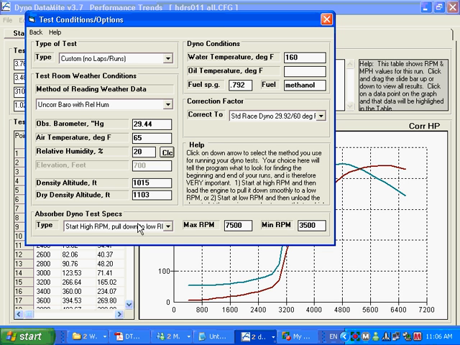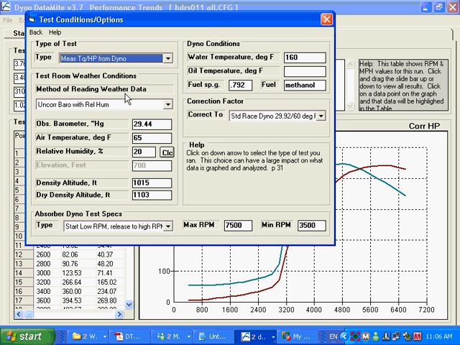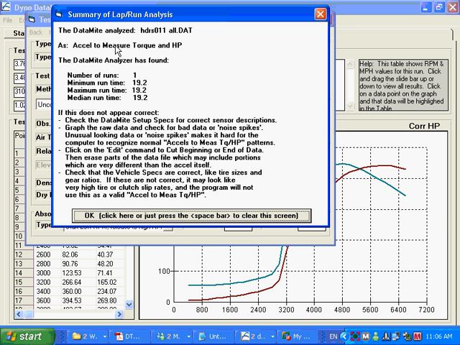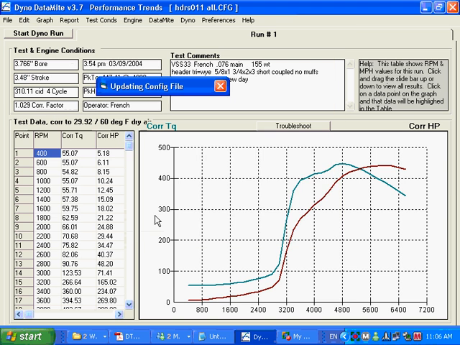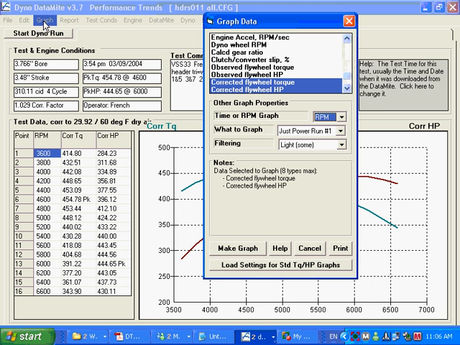So let's do this. Let's tell the program we are going to start at a low RPM, release to a high RPM, and we're going to tell it we're going to measure torque and horsepower from dyno. And as soon as I make those changes and back out of this screen, it says, do you want to make that significant change? I'm going to say yes. And the program has now gone through and found, wow, look at how nice that looks. It's cleaned up the power curve. The reason it's cleaned it up is because now the program,